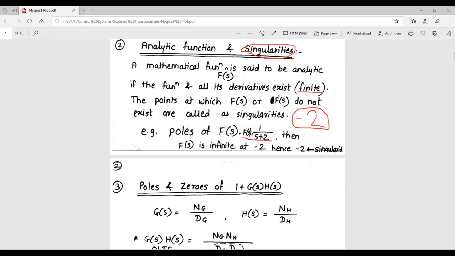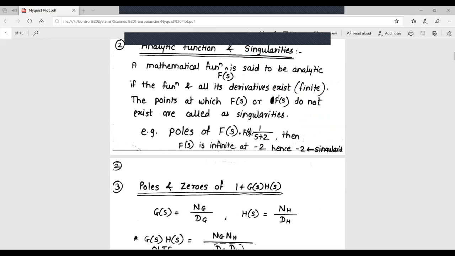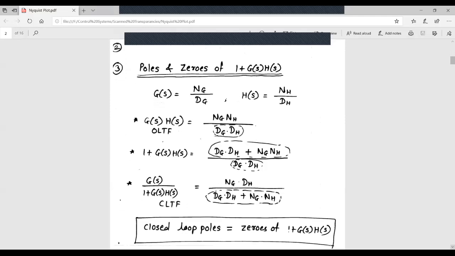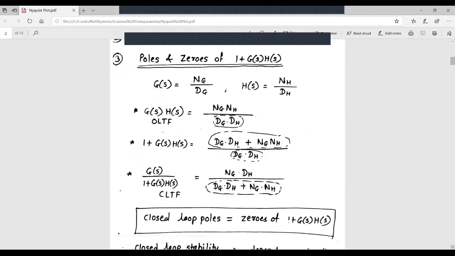Okay. Now, the next very important concept that we need to understand is, when we are discussing stability, we are discussing or commenting on closed loop stability of the system. What do you mean by closed loop stability of the system? Location of closed loop poles determine whether the system is stable or unstable. And when we talk about location of closed loop poles, that means we are discussing closed loop stability.